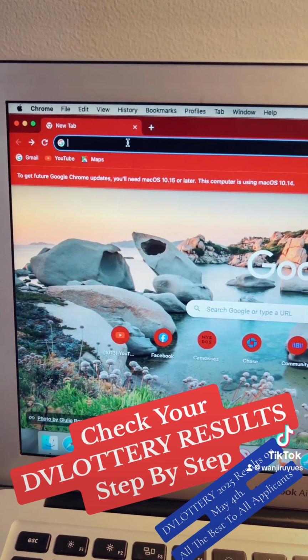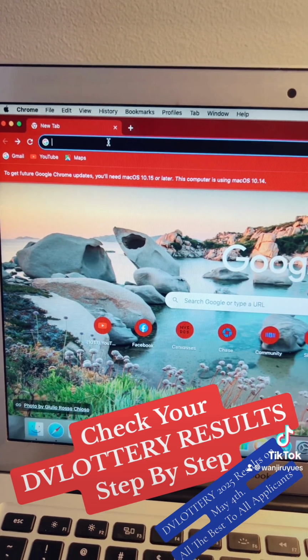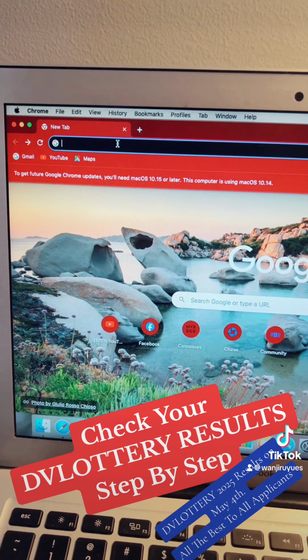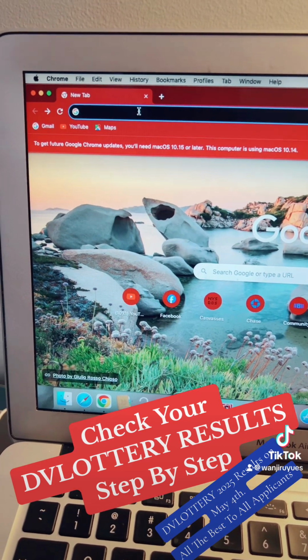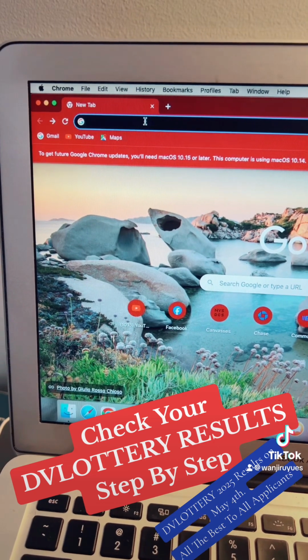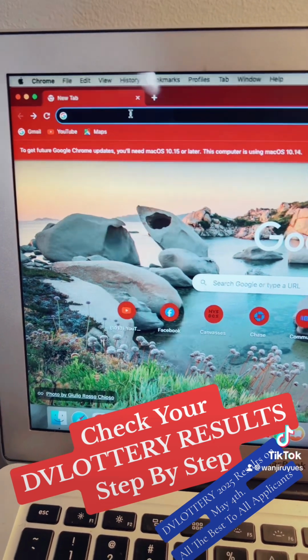Let us check for the DV lottery results step by step. I want to show you how easy this is. I'm going to use my gadget here. I have a laptop with me and I'm on my Google page. So I'm going to type in